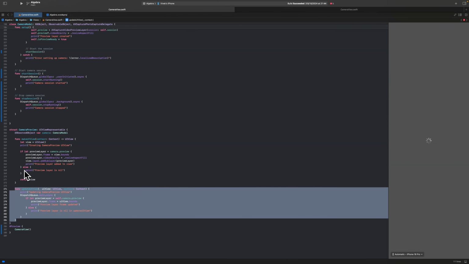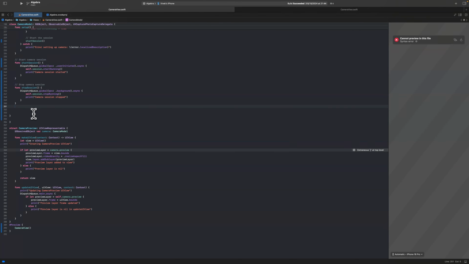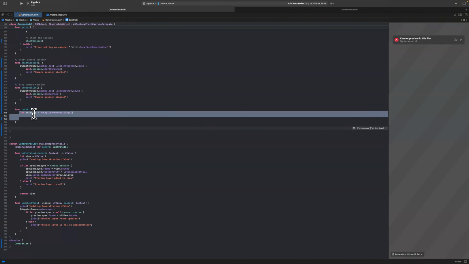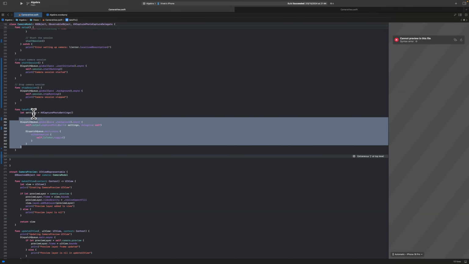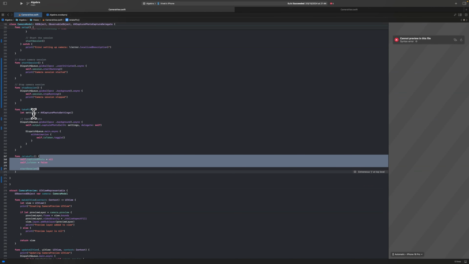Finally, let's make sure we can take photos and save them to the library. Back in our CameraModel class, add the following functions. takePicture will configure the capture setting and trigger the photo capture. Let's build the retakePic function, which will be triggered when the user hits the back button and is not